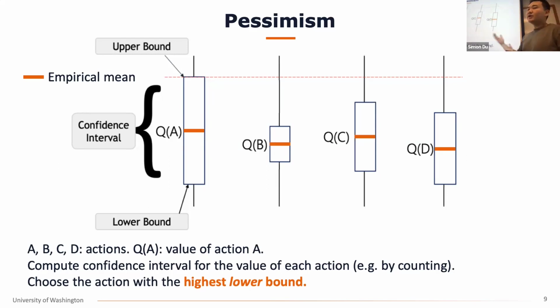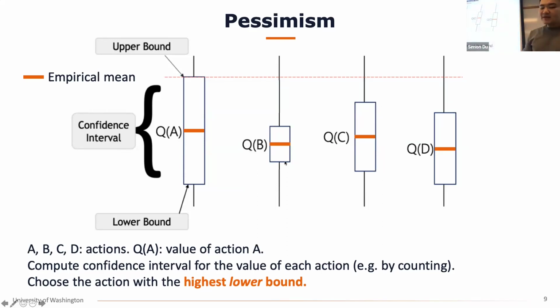Using pessimism, we not only use the mean, our estimation of the reward, we also build a confidence interval for our estimation, because there's some randomness in the data, so our estimate is never entirely correct. We always have some estimation error, but we can use the data set to build a confidence interval for each action. For example, here we have less data for action A, so we have a large confidence interval, but we have a tighter confidence interval for action B, where the length is shorter.